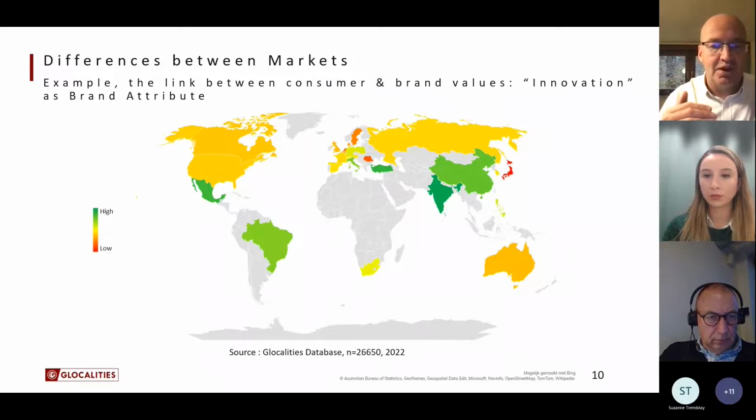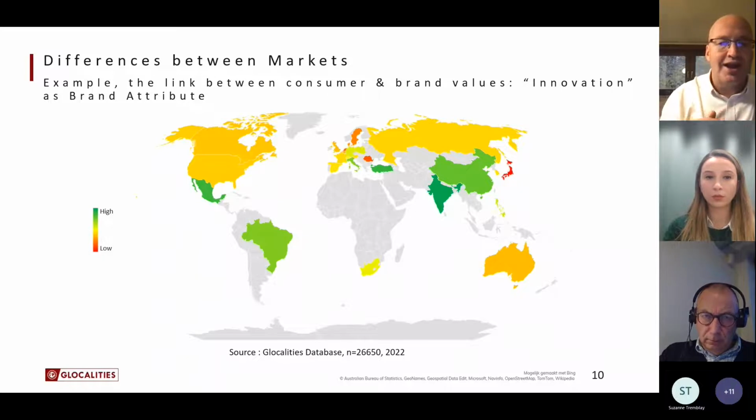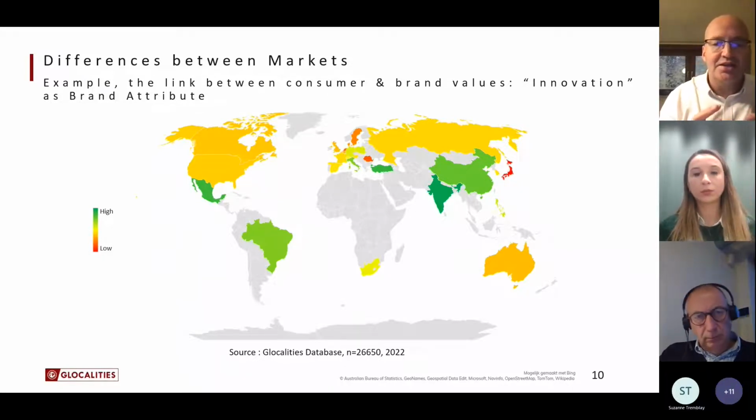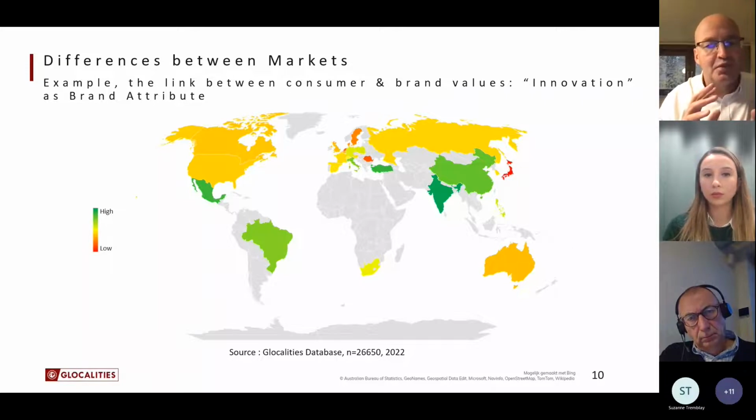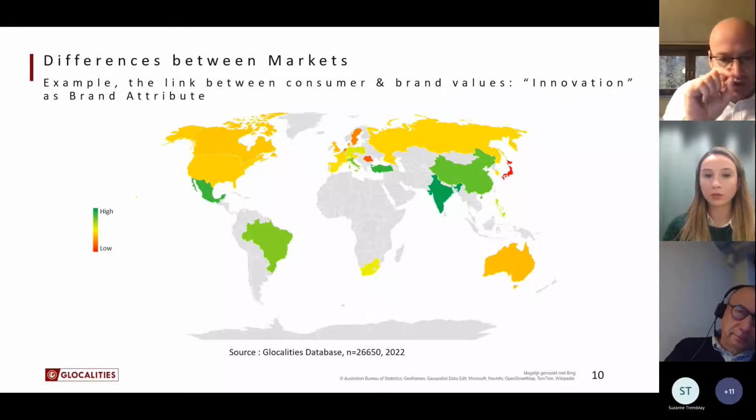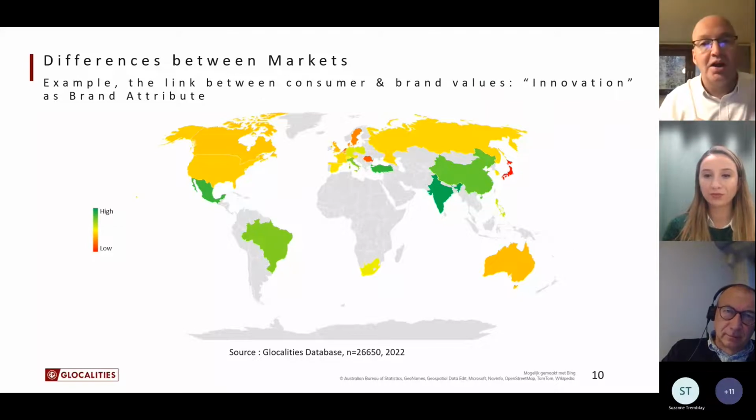In fact, in many of these markets, people look with a very critical eye at technology. Think about Facebook, all the scandals that are happening here, the influences on democracy, the influences on jobs, of algorithms. So here you see in many markets that people are starting to become very reticent about technology. And this also means how you use it in branding. And as you see here, the Netherlands is an orange dot here. We are famously skeptical of everything that has a positive message. So there you have to be very careful. But also in markets such as Japan, where innovation is very much driven in society, but not as a brand value of how you do it.